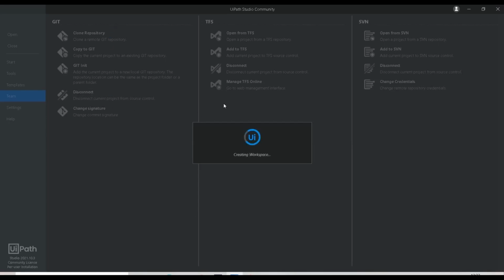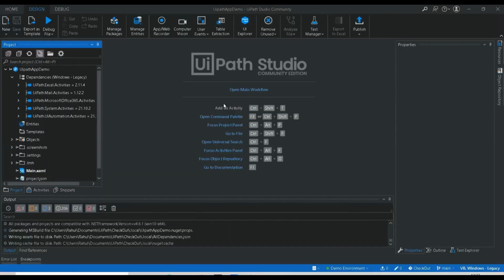So instead of installing Git desktop and using the bash commands for connecting to the repository, you can directly use these plugins to connect to GitHub, get the project and upload your project. Okay, so this is what you have to do, and now you can see it has opened the project also.